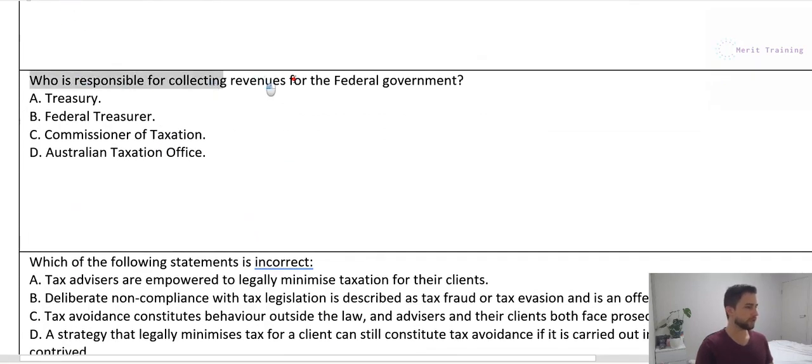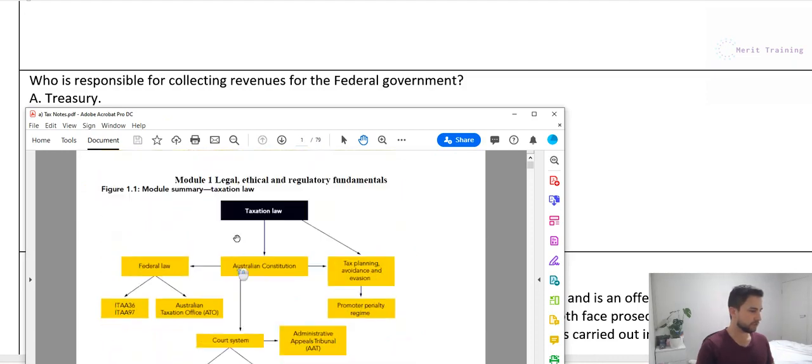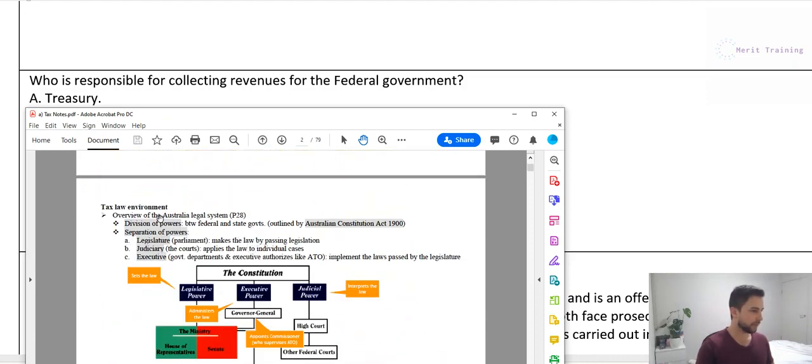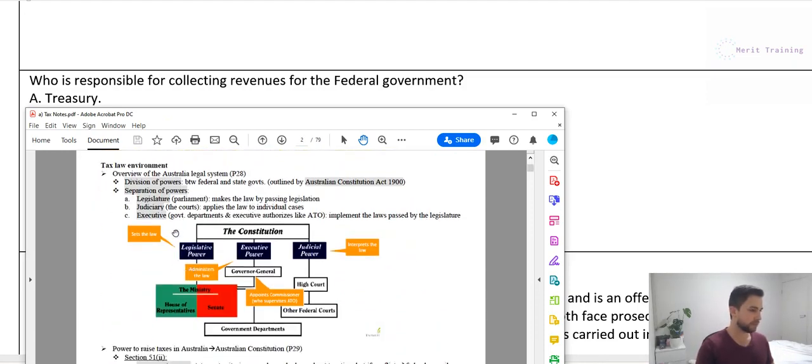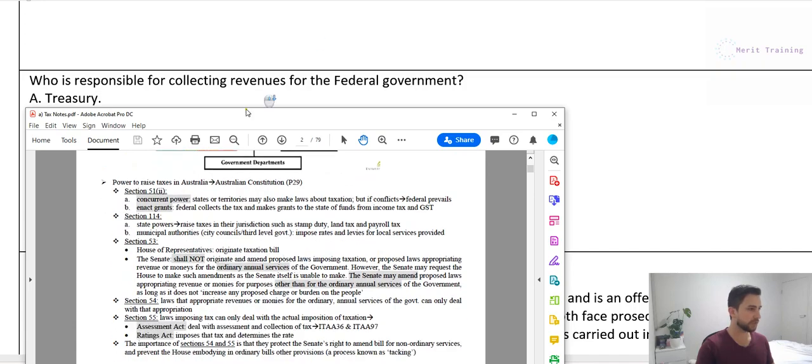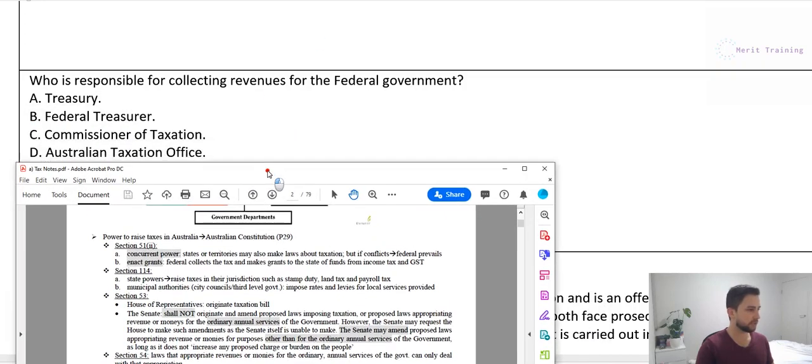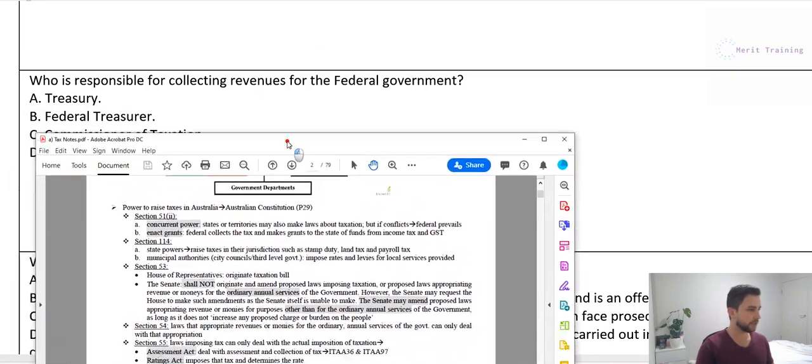All right, next question is, who is responsible for collecting revenues for the federal government? A, Treasury. B, the Federal Treasurer. C, Commissioner of Taxation. Or D, Australian Taxation Office. So if we go back to our notes, logically, the executive government departments are the ones that implement the laws, so executive authorities like the ATO collect the cash. So logically, D is going to be the correct answer, but if you're not quite sure, in case it's C or D,